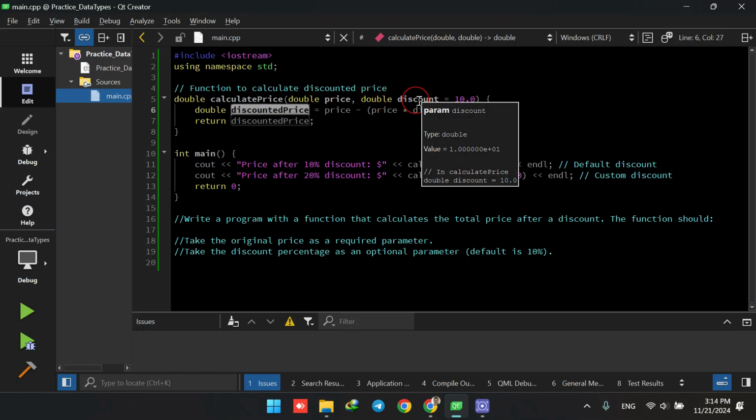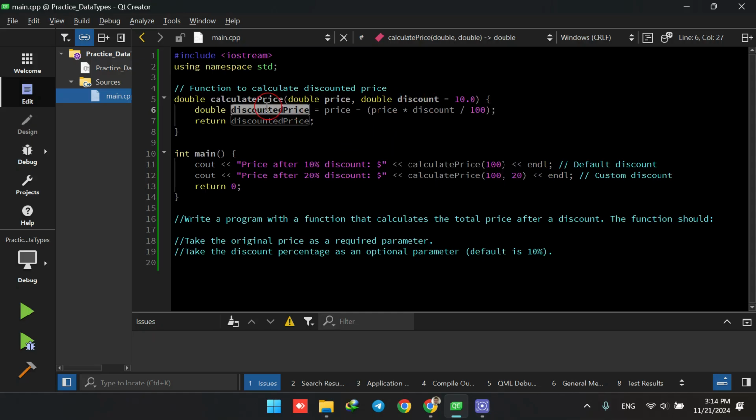So 10% is also assigned to this discount, and then the price minus, within parentheses, price times discount divided by 100. The final price is stored in discounted price, and we return the discounted price here. Okay,